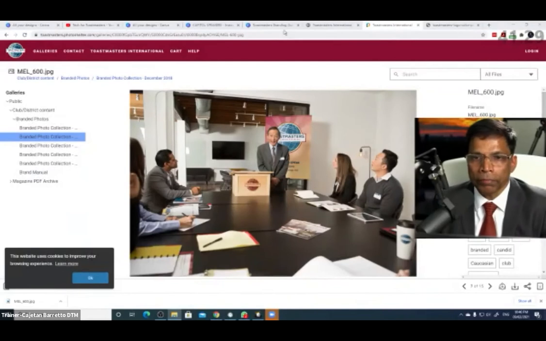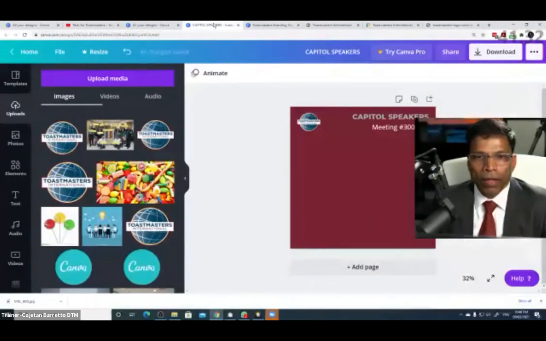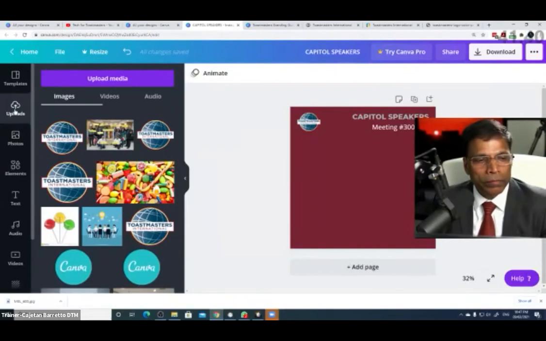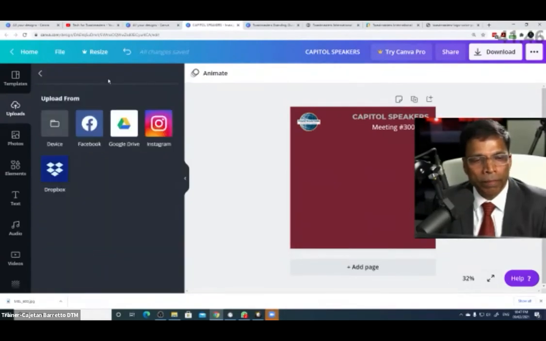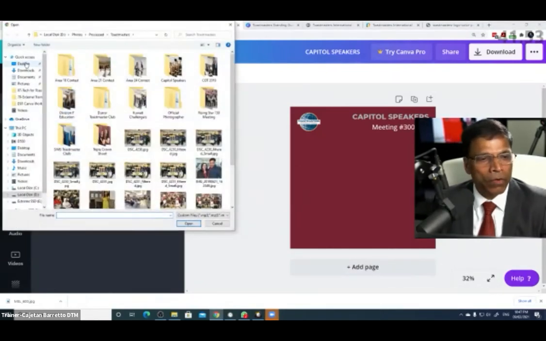Let me go to Canva. And here, I want the photo to appear in this box. What I will do is I'll click upload and click upload media. Make sure it's on images and say upload media. And since I have selected desktop, all I have to do is click device, click on the desktop.